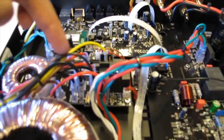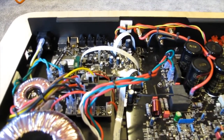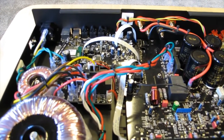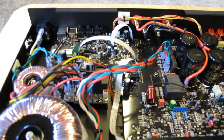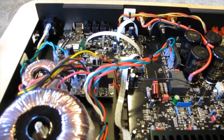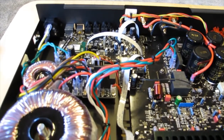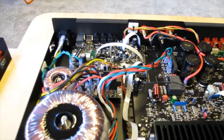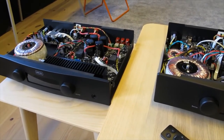The DA converter sits right here to the back left of the amplifier when looked at from the front. And the DAC in the H95 is the same as in the H120 and H190. It's a much more expensive DAC. First of all, because it's got a better analog stage, and that really shapes the sound of the amplifier. But there's also a new AKM DAC chip, and there is a better reclocking. So if you're using a digital source to your amplifier, even if you have an H190, the H95 is really